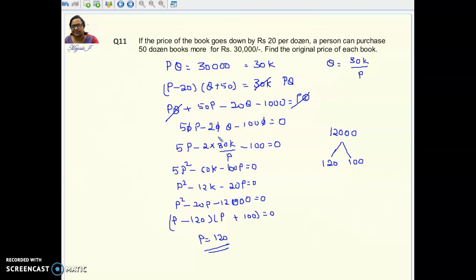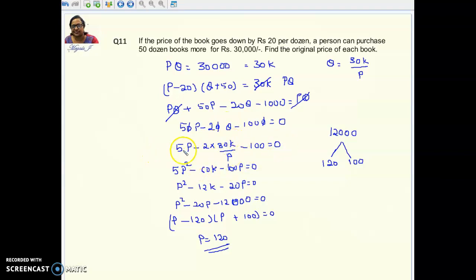So you need to replace one of them. You know that you need the price, so we don't have to replace this P, but we have to replace this Q. You can just say Q is nothing but 30k by P, or 30,000 by P. So replace that one here. So 5P minus 2 into 30k, instead of Q I'm replacing 30k by P, minus 100 equal